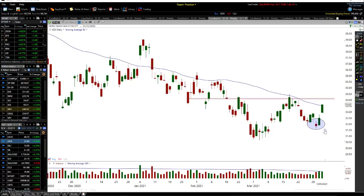Starting to this one here, we're starting to develop a potential higher low here, which is nice. We have a low here, and we have this sort of bit of a resistance here. So if we start to get back above this 34 level, then this downward trend we're in right now looks like we could be starting to change that trend. We're getting this higher low, and we did get the pullback, and now we're starting to reverse to